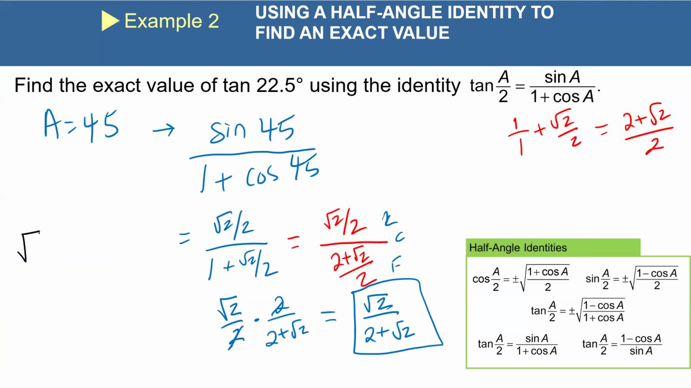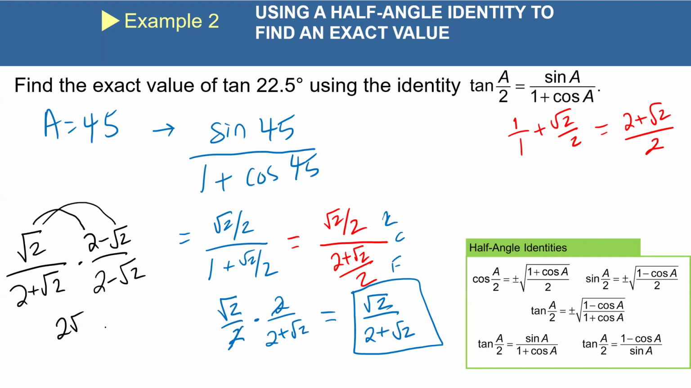When you're rationalizing and there's addition involved, you have to use its conjugate, which means that instead of it being plus 2, I would multiply by 2 minus the square root of 2 over 2 minus the square root of 2. When I do that, I end up with 2 square root of 2 in the numerator. You distribute, and I get 2 square root of 2 minus 2 in the numerator. And the denominator, 2 times 2 is 4. 4 minus,